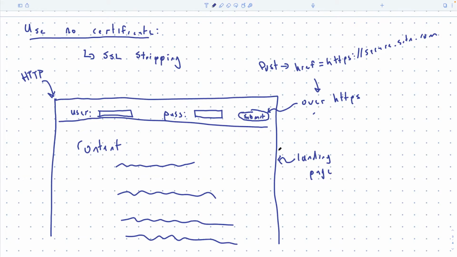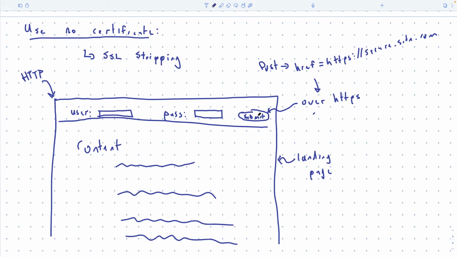Websites did this because they don't want to load all their pictures over HTTPS. It used to be that there was a penalty for doing that because it was encrypted, and who cares? You're reading the news, you don't need privacy. But when you're going to submit your password, then we care, because if we do that over HTTP, someone can steal your password, or your credit card information if it was stored in the account. And so this is what they would present the user with.